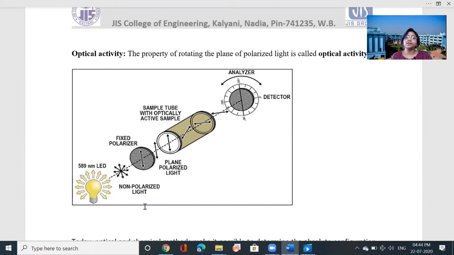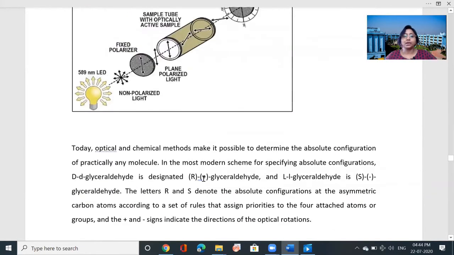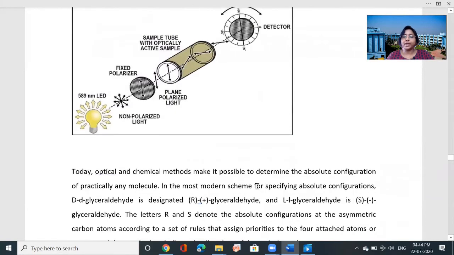So it can rotate either to the left side or to the right side. So here the optical and chemical methods make it possible to determine the absolute configuration of practically any molecule. In the most modern scheme for specifying absolute configuration,